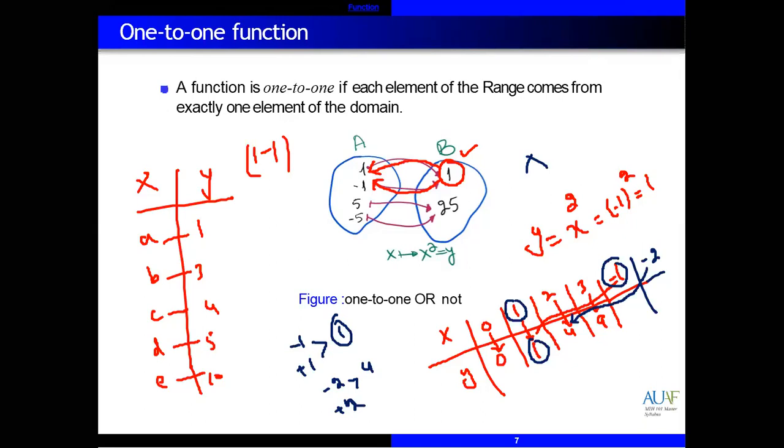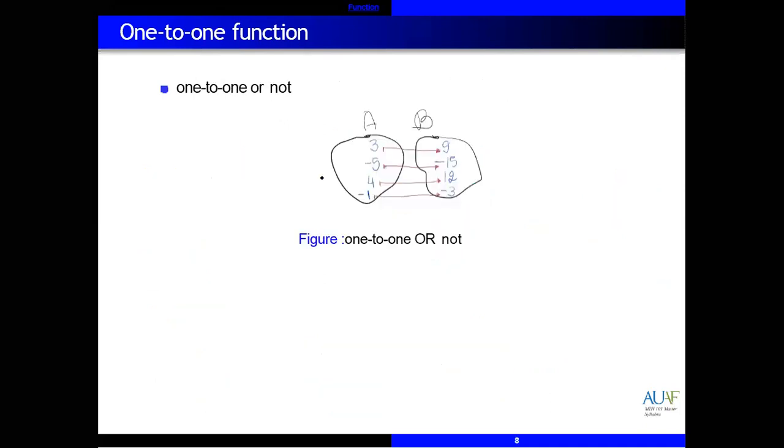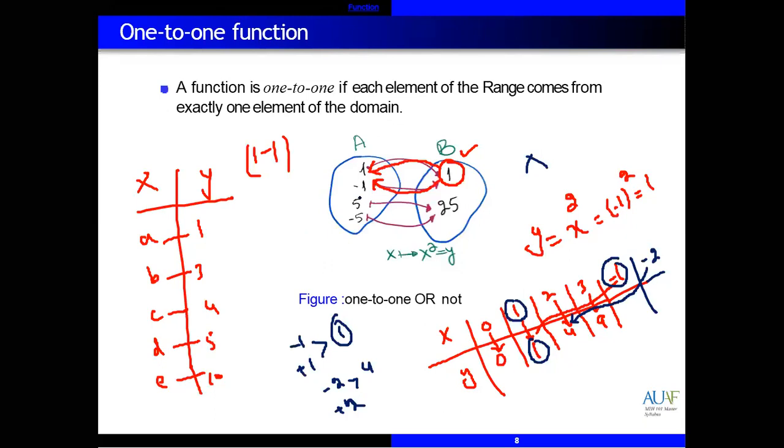So, one-to-one function. Same, we have a graphical test for proving a one-to-one function. If a graph is given, how do we prove whether it is a one-to-one function or not? Okay, let's try that one. Graphical test for one-to-one function. You can see this is also one-to-one: 3 with 9, 5 with minus 15, 4 with 12, minus 1 with minus 6. This is one-one.